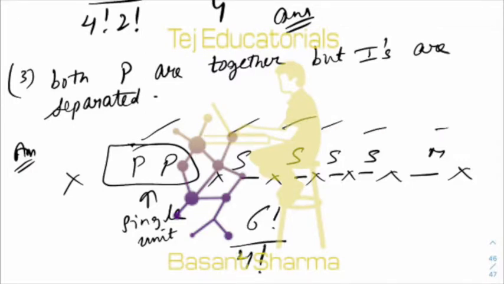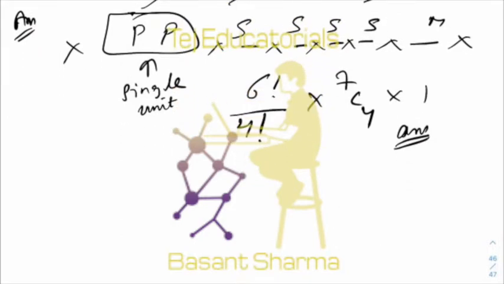6 factorial upon 4 factorial ways because 4 S's are alike. And then select 4 gaps out of these 7 gaps available, and you can arrange the 4 I's in only one way. So this is your answer. So basically we are using the gap and tie method together. Okay,